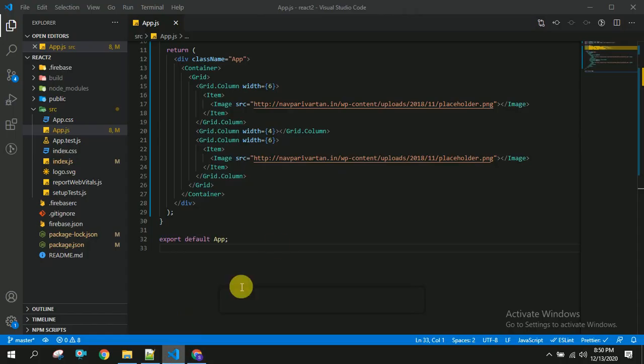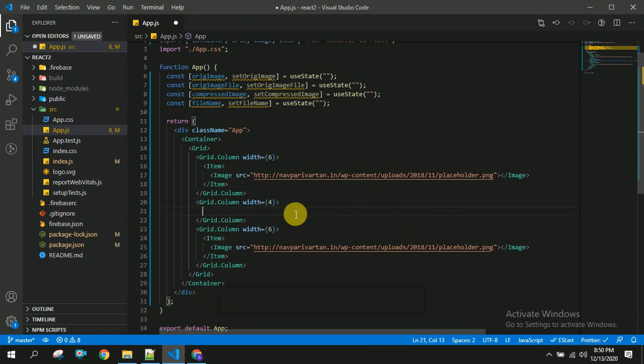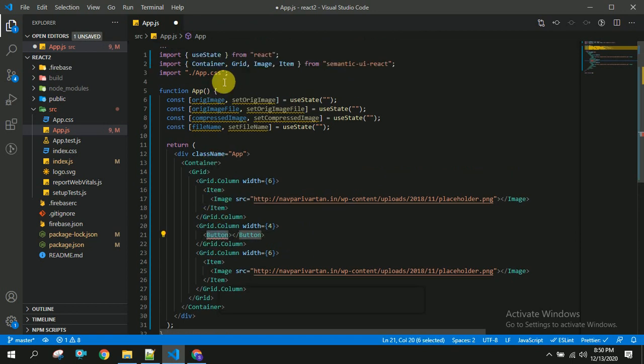So in the empty part we will be showing buttons, and for that I am going to create a button. This button is imported from semantic UI, so it's not auto importing, so I'm going to import this here.